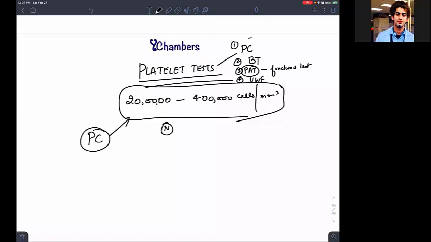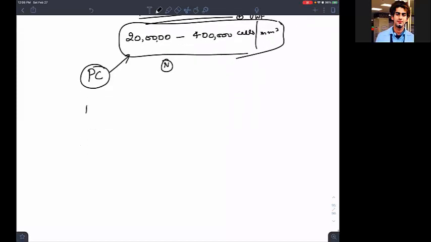So we should remember this in our clinical practice, that even in case of a normal platelet count, the functional ability of the platelet can be compromised at the molecular level. So remember, it is not a 100% guarantee that if you have a normal platelet count, you would have nice hemostasis. No. Understood? So if I talk about BT, what is BT? BT means bleeding time. This is the test which will tell me about the functional capacity, how the platelet is functioning.